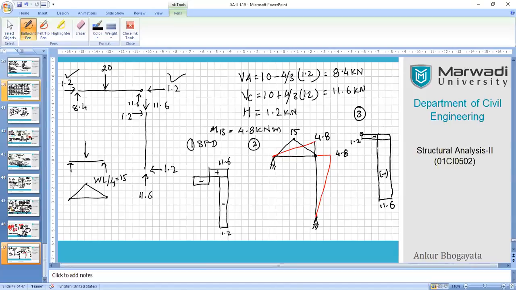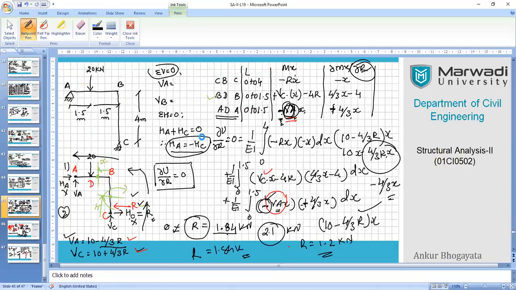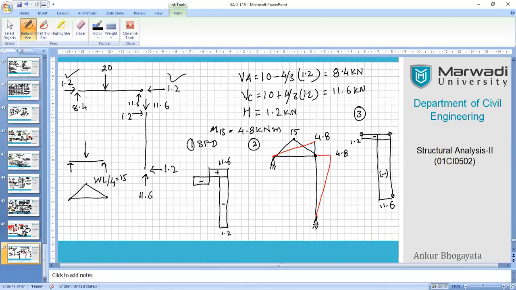So, friends, we can develop all the diagrams and you can complete your answer. Please make a correction in all your calculations. Don't worry, I will not remove anything from it. However, it's very difficult at this moment to identify the sequence, but you know the right answer. Based on that, we have made some corrections here, and based on that we have developed our final diagrams. This is the shear force diagram, this is the bending moment diagram, and this is the axial load diagram.